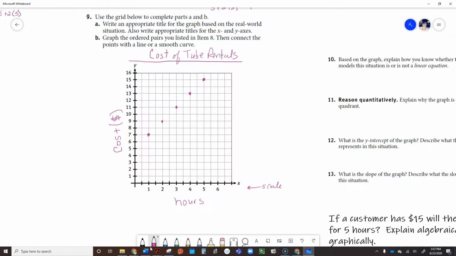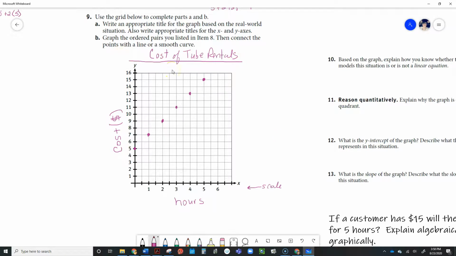Now, how much was it for 0 hours? So, say you walked in the park and you picked up the tube. You had to pay a $5 flat fee. So the $5 flat fee is what happens. You had to pay that before you spent any time. You had to pay that probably at the tube rental place. And then when you turned the tube in, maybe you had to pay the rest of it. I don't know. But you do want to go ahead and put on there at 0 hours, you paid $5 because that was the flat fee. And then, of course, you would